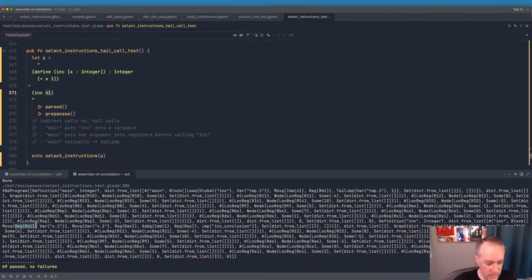So this is moving RDI out into X1, moving X1 into RAX, and then adding 1 to RAX because that's the return. That's an interesting thing that it already decided that. We didn't do any register allocation, but